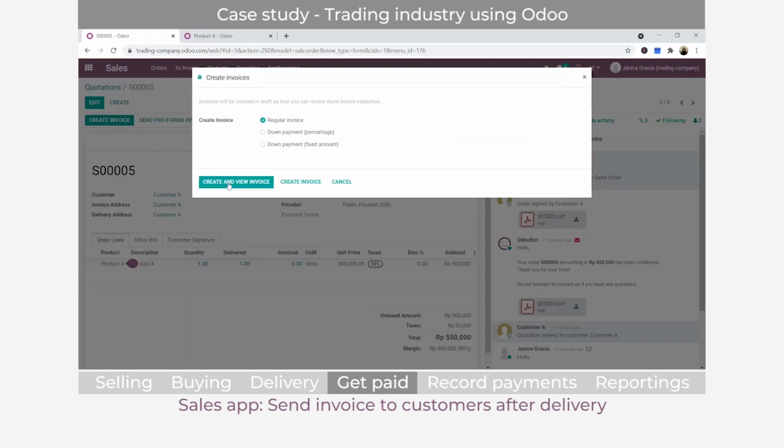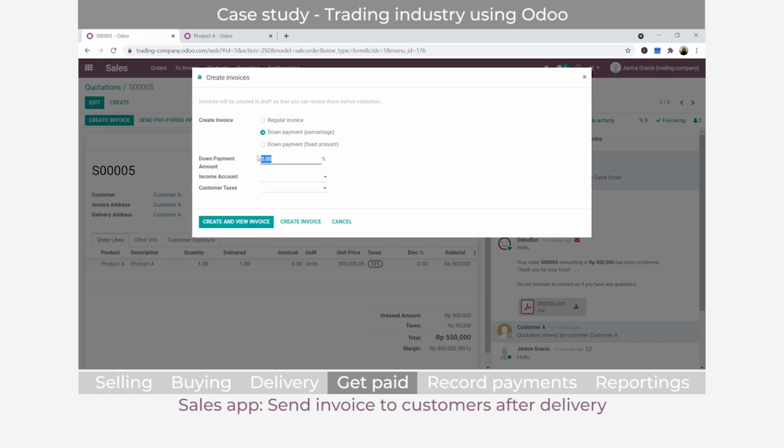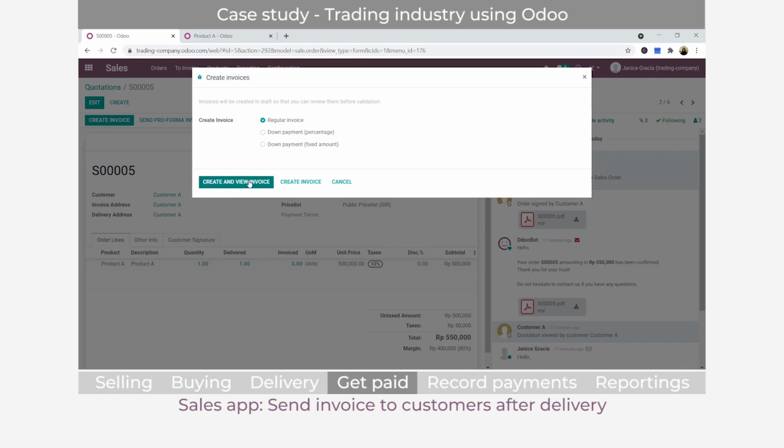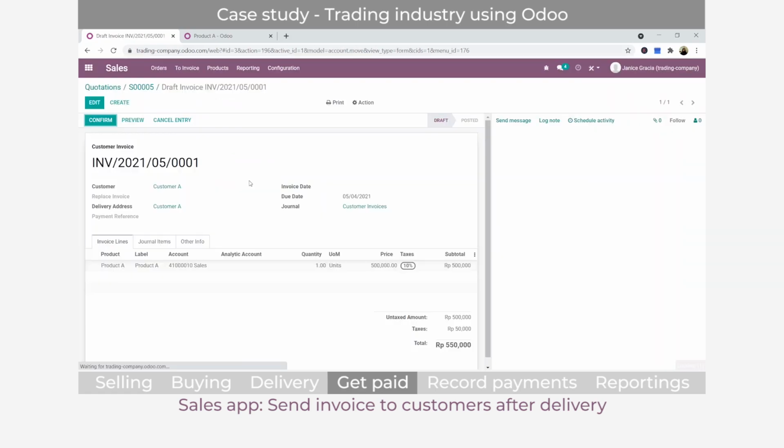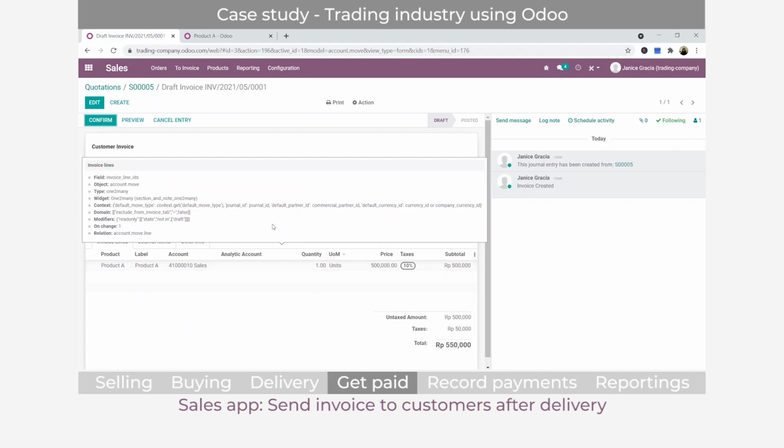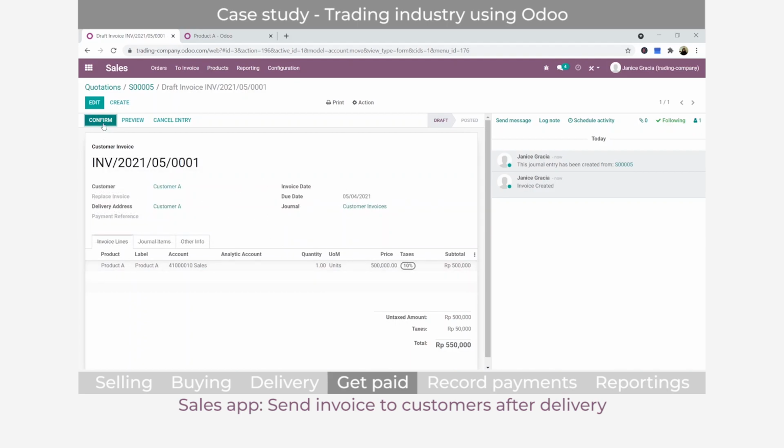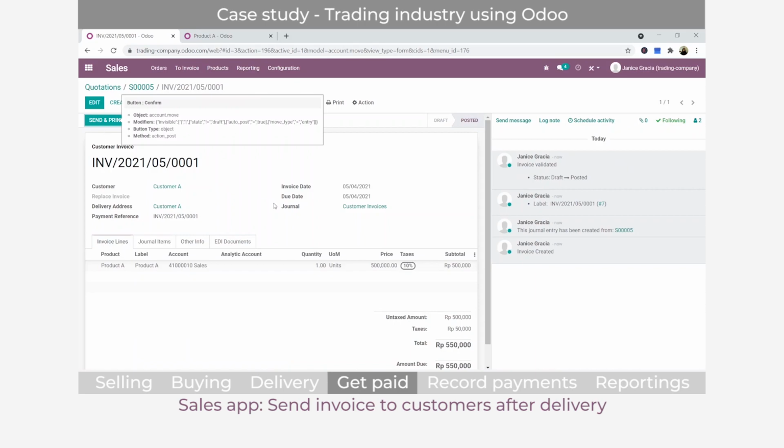So creating an invoice in Odoo, it depends. We have a regular invoice, down payment. So if it's a down payment, you can choose the down payment is 50% or any other amount. So in this case, we probably just go for the regular invoice. We click create and view invoice, and it will directly and automatically bring everything from the sales order to the invoice, the products, the quantity, and the price as well. So we can now confirm this invoice,